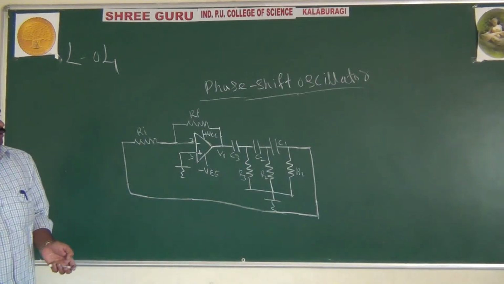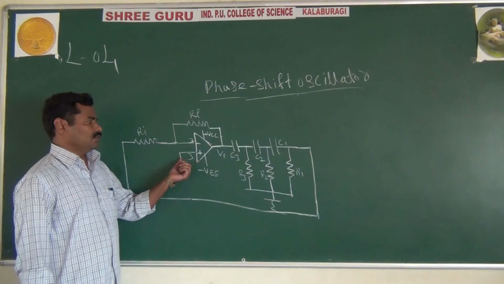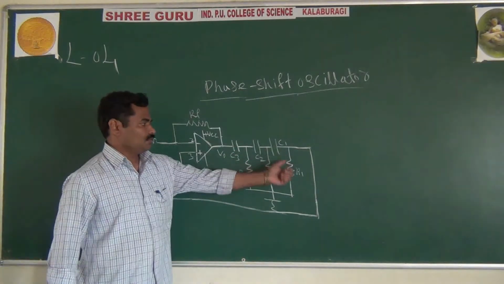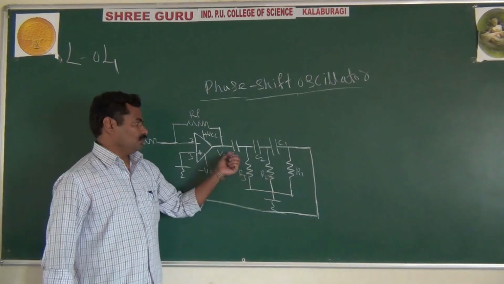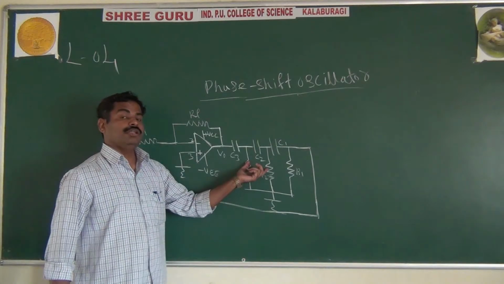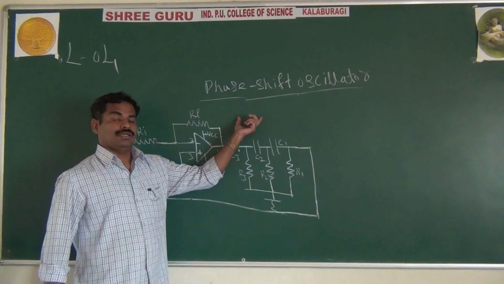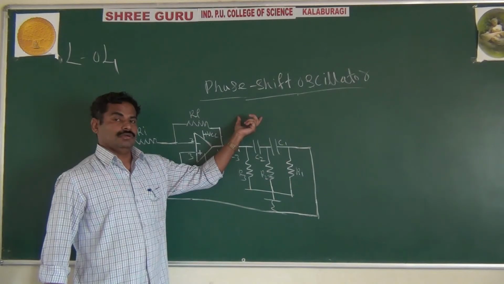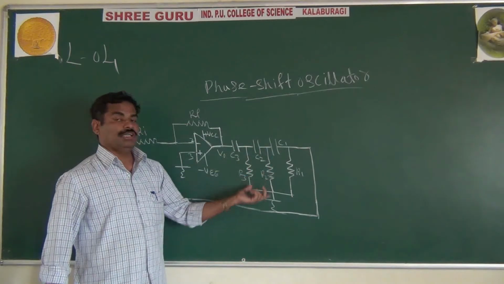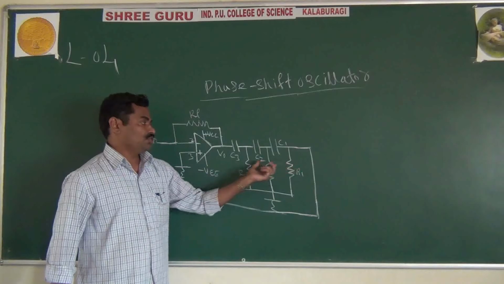Here first you have to draw the diagram, and especially as I said, you are using 3 R and C combination: R1, C1, R2, C2 and all this. We are using 3 RC networks because we want 180 degree phase shift. As I said, if you take only a single R and C network, they give only maximum 90. But you want 180 degree, that's why we prefer the 3 RC networks. Each will give 60, 60, 60.